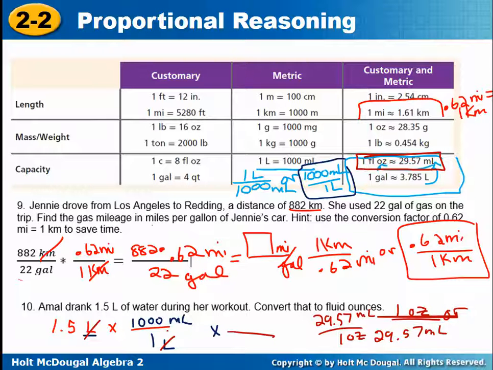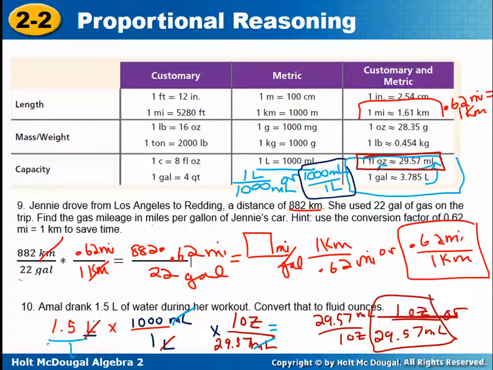Pick the one that would leave me with milliliters in the denominator so that I can cancel, which is this one. So on the top, you're going to put 1 ounce. OZ is the abbreviation for ounce for some reason. And that would be over 29.57 milliliters. And then what happens is the milliliters cancels with the milliliters. And you're left with,